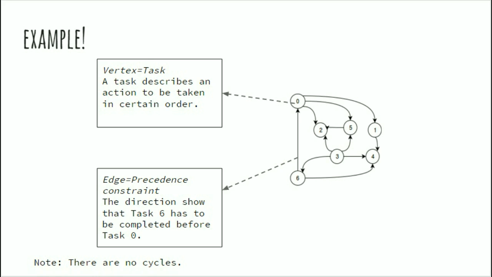Now let's describe a DAG. It has two components. A vertex is a certain task. In a DAG, every vertex should be connected to some other vertex. Otherwise, it has nothing to do with the problem you are trying to solve in the first place. Next, the connection or the edge. It basically shows the precedence. Like vertex 6 is connected to 0 with an edge pointing from 6 to 0, which means task 6 must be completed before moving on to task 0.